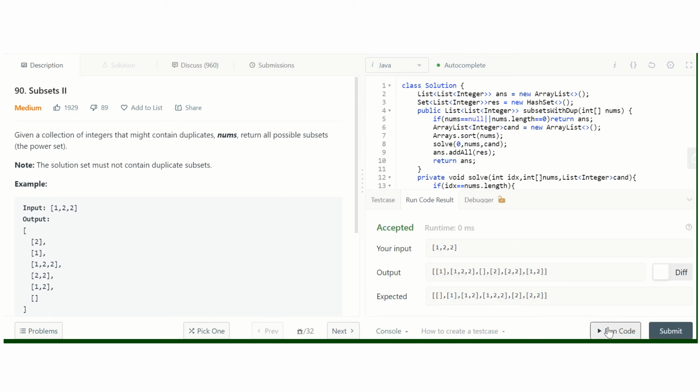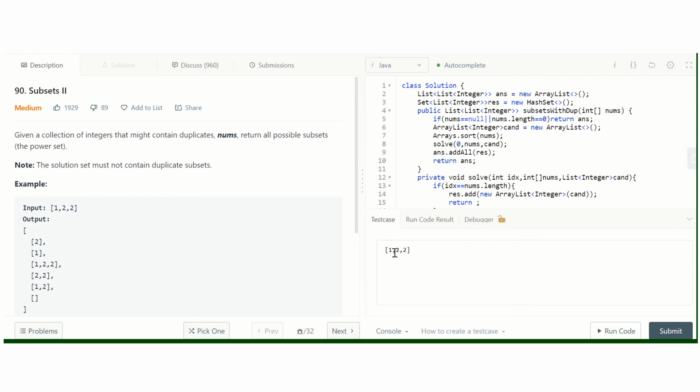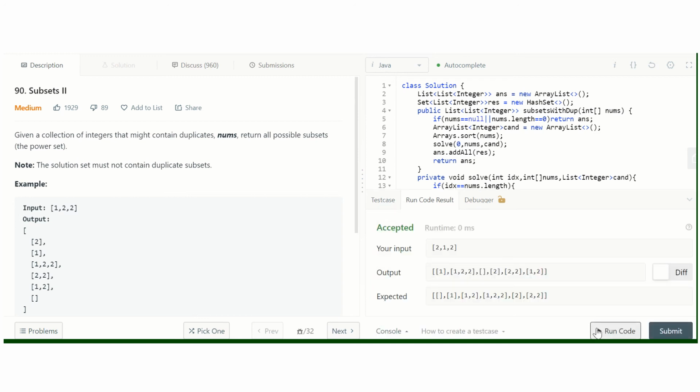Now I will demonstrate the case if you do not sort the array. Let's say our given input is 2 1 2. It is running perfectly fine, and now let's remove this sorting function.